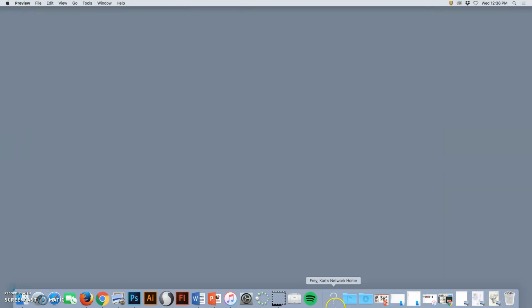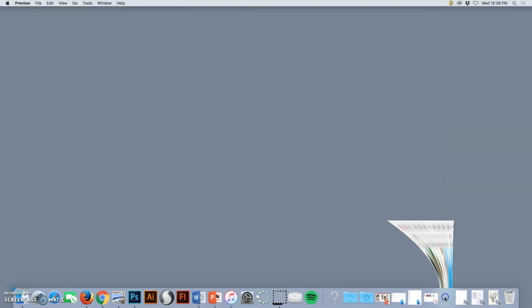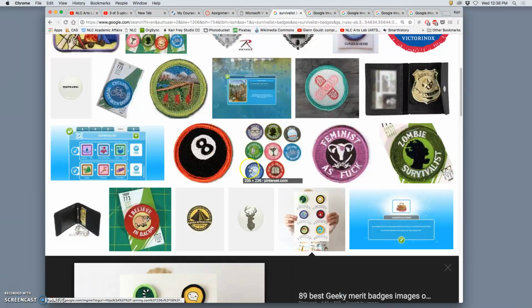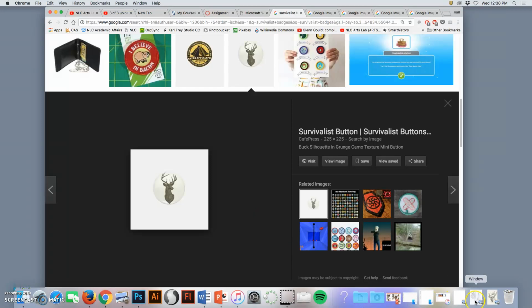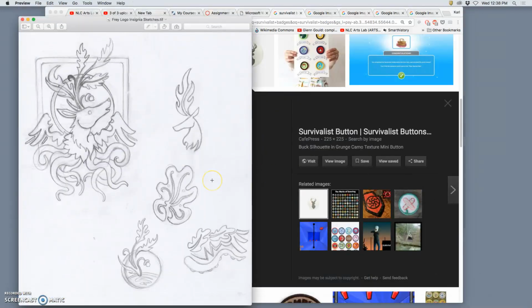So to fit the theme for the survivalist patch, I might go to Google and look at something and then think, yeah, I have a lot of deer around where I live. I'm curious, how can I make a logo with deer that's interesting? And then you do some sketches. These are some sketches I did for an Earth Day project before, and I ended up using this one, which had a deer with a leaf. But I like this sketch too, and see this as being a good survivalist, finding food, living,